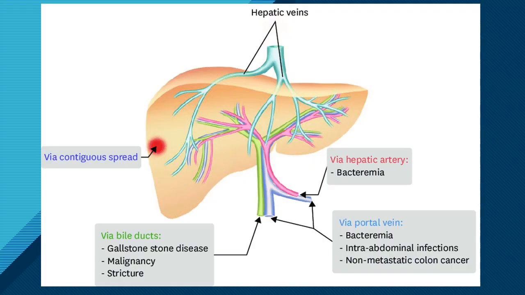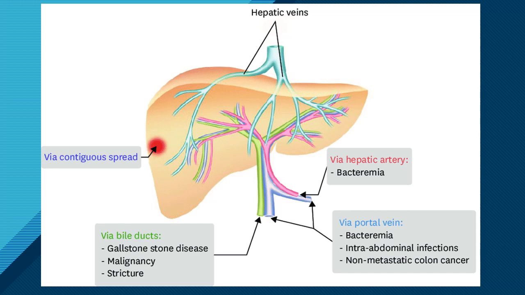So this picture is representing different routes from which bacteria enters the liver. For example, via bile ducts when there is a biliary disease, which is the most common cause, by the way, like in ascending infection due to biliary obstruction, that is gallstone, or any malignancy or a stricture, or direct contiguous spread via empyema of gallbladder or traumatic introduction, and from hepatic veins and hepatic artery if there is bacteremia,